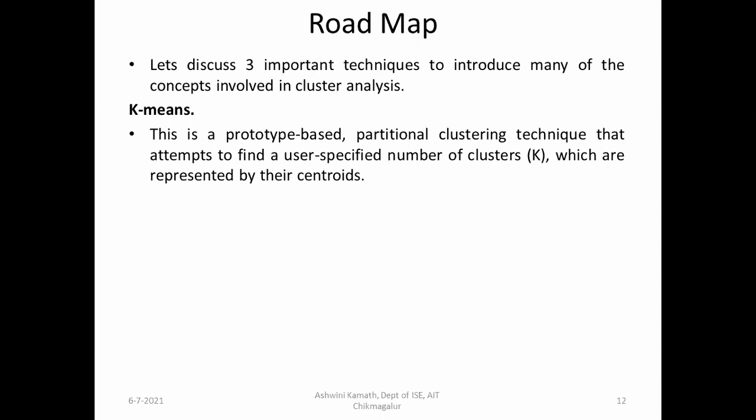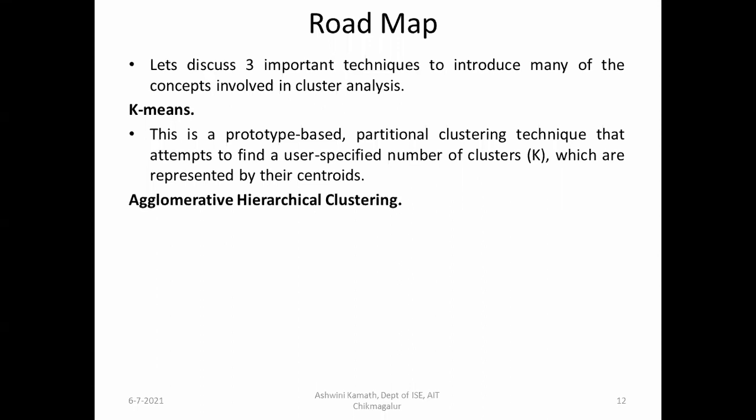So in K-means, what happens? It will find the average of the points to find the centroid. If you specify the value K, for example K equal to 3, then it will form 3 clusters from the given data. So if we specify K, K number of clusters will be created from the given set of data.